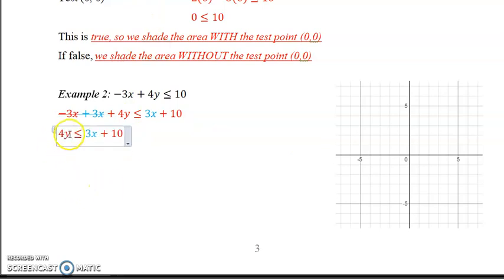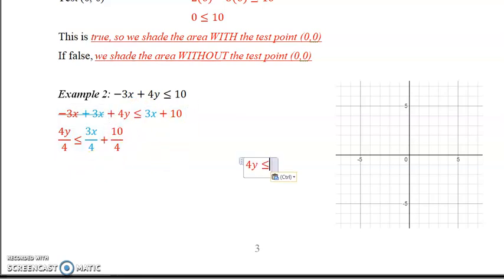Okay, and now we're going to divide by, sorry about the interruption there. So the next thing we're going to do is divide each of the terms by 4. So we'll divide this by 4, and we'll divide the 3x by 4, and we'll divide the 10 by 4. And we're going to simplify. And when we simplify, we're left with